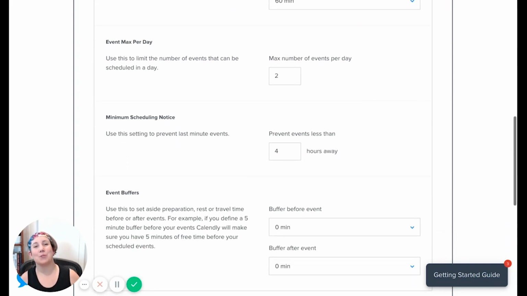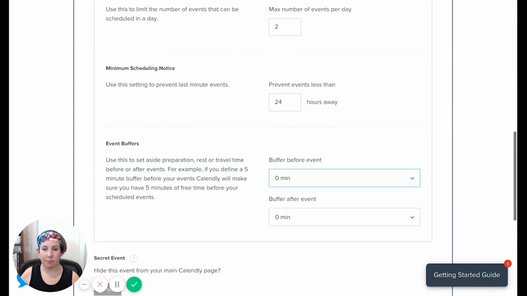And minimum scheduling notice. This one's important. You don't want to be out doing something with your family and get a ding, you have a call with so-and-so in 4 hours. I wasn't going to be home. This is nice because you can set it for 24 or 48 hours. Or if there are things that you need prep work to do prior to having the call and you need 7 days, make sure that you don't allow them to schedule in a 7-day window before that. That gives you the time to work up what you need. I always put a minimum of at least 24 hours